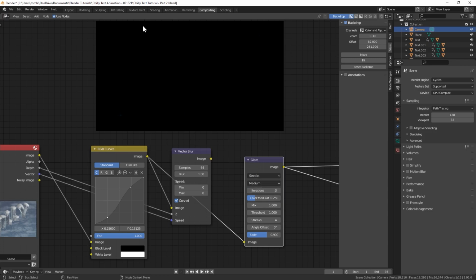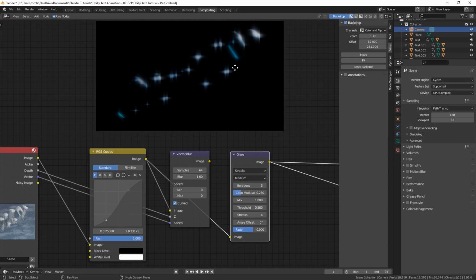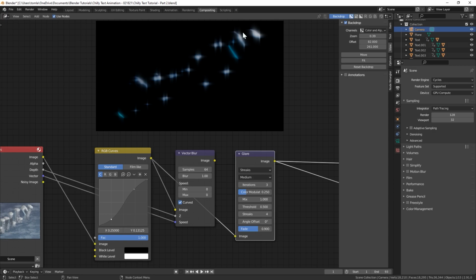That's basically because the light in the scene is not strong enough, so we are going to have to crank up some light. But the other way we could adjust that, at least for now, is the threshold, which is at 1, the default. If I bring it down to like 0.5, a lot darker pixels, it's basically the brightness of the pixel, so darker pixels will now show up on the glare node.